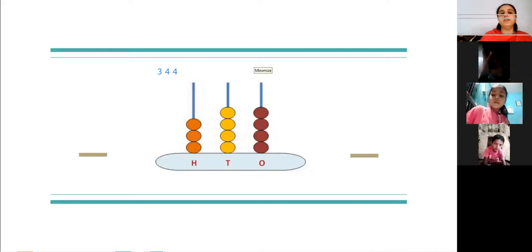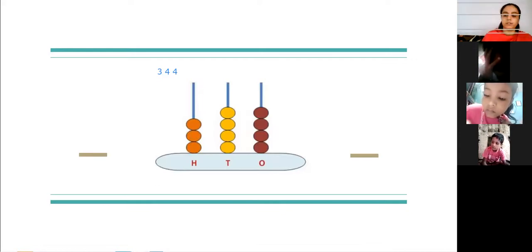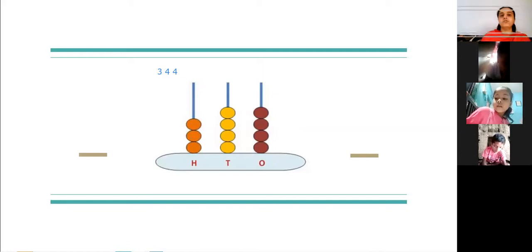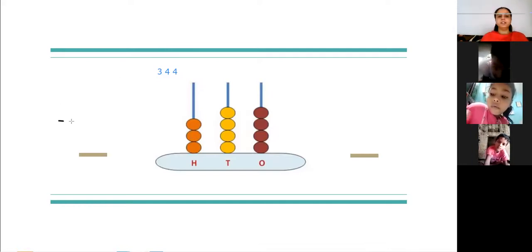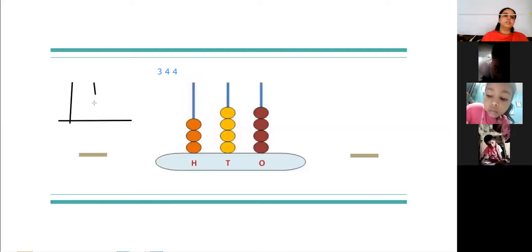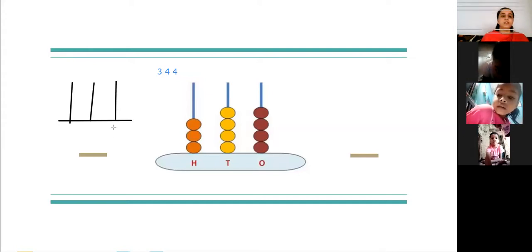Please stop now, previous answers, everyone. You have a new question. 263. Draw it. First, draw this rod: units place, tens place. You can do it in a rough way right now. That is 3 dots: units, tens and hundreds place. You can write 0, or otherwise you can write units, tens and hundreds place.